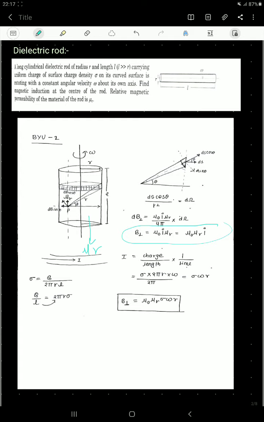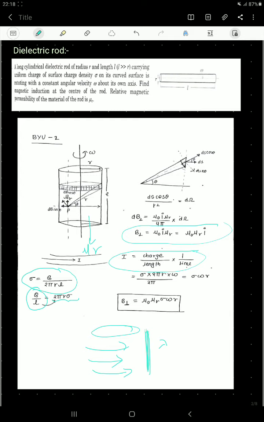Here we have to say that the current per unit length is the charge per unit length upon time. So the charge per unit length, Q by L, can be taken as 2 pi r sigma. How is the current running? The current is running like this. So the current per unit length would be given as lambda, or whatever the current per unit length value is. From sigma equal to Q by 2 pi R L, the total charge present on the cylinder can be written accordingly, because it is a non-conducting cylinder, so the charge resides on the surface of the cylinder or the rod, whatever it is. The proof is similar to the above, but with a slightly different medium.